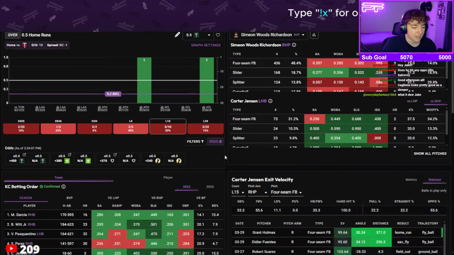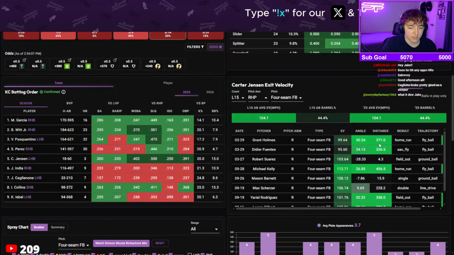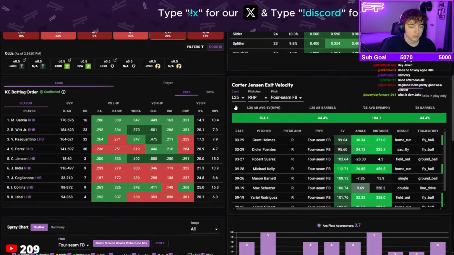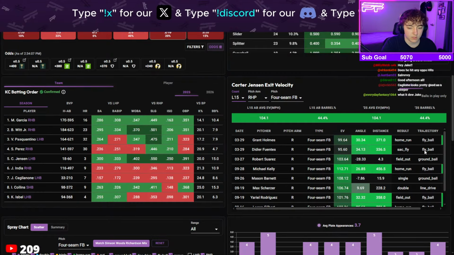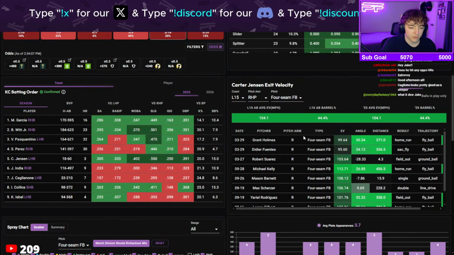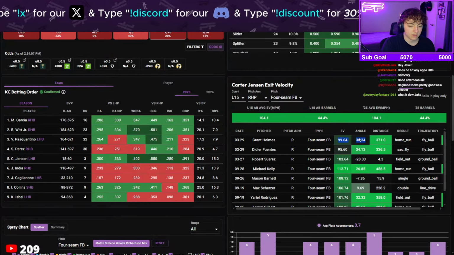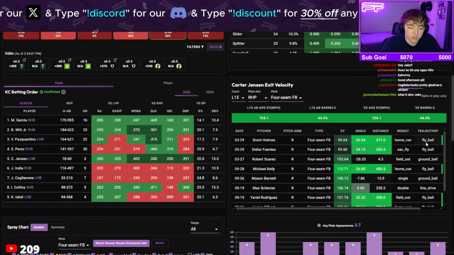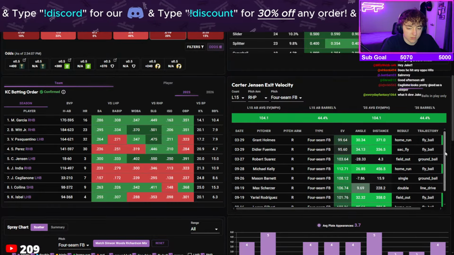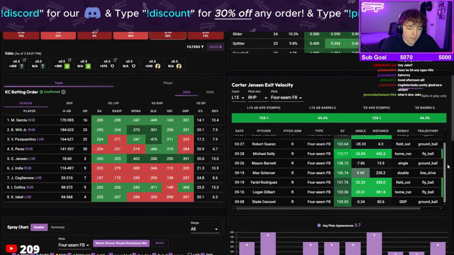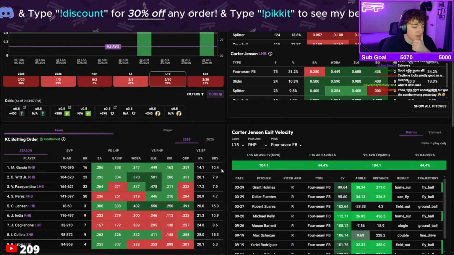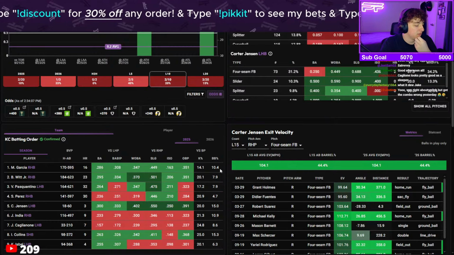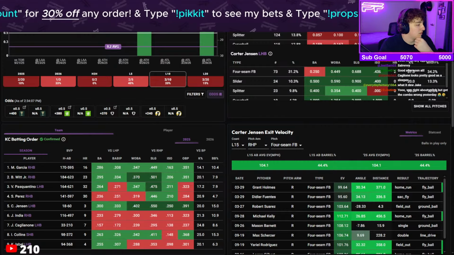He had a homer last game, and his barrel percent is at 44%, which is absurd. Let's see, last 5, 40%. It's just ridiculous. Unbelievable. Basically, barrel percent is a certain exit velocity and a certain angle that can make it possible to hit a home run. Yeah, that's unreal. I think you probably have to take him for a homer. I don't like the wind, but